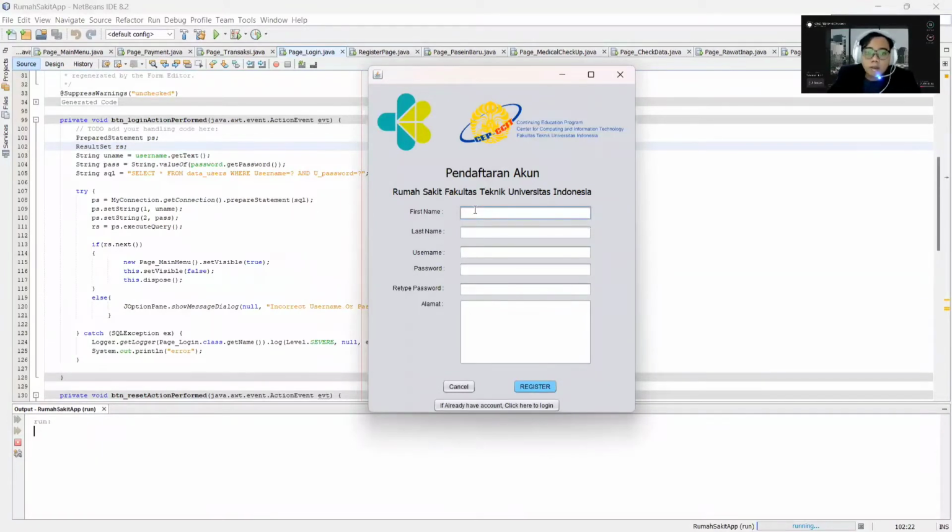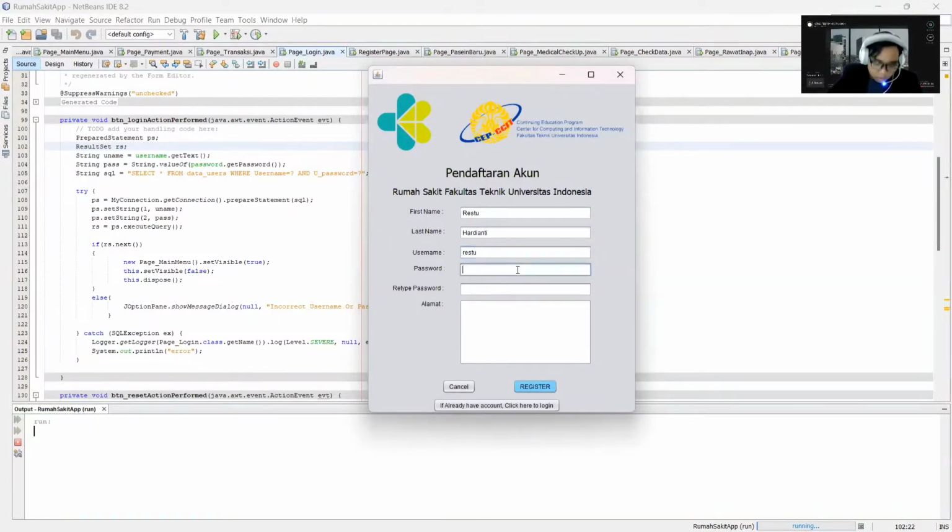Okay, for the first name is Restu, last name is Marti. For the username, it's random, you can fill it with anything you like, this simple username.